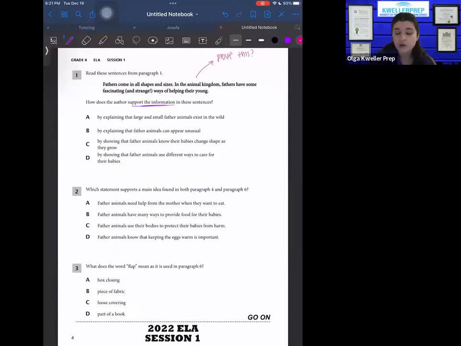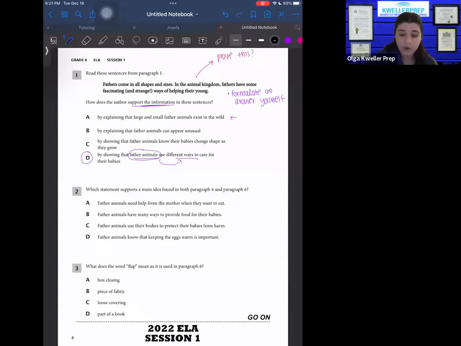and the different ways that they help their young. So another thing that I always try to teach my students is, before you look at the answer choices, formulate an answer yourself to the question. And once you have that answer in your mind, pick the choice that most closely resembles the answer that you've already thought of. So that answer is choice D, by showing that father animals use different ways to care for their babies. That's exactly what each paragraph does. It goes through different types of father animals, and it tells us the different ways that they care for their